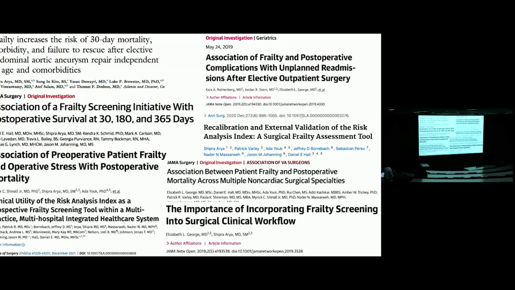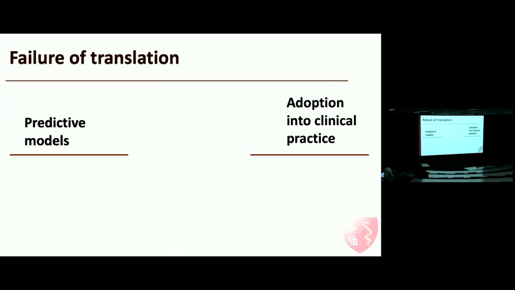But throughout all of this, years of work, it was clear there was always some resistance to overcome. There were always naysayers or resistance from health systems: if it is so obvious that frailty is bad, why aren't we measuring it and doing something about it? That led me to a realization that, much like bench science, health services research also has a failure of translation. You can make the best predictive models, and the RAI in most registries performed at a C-statistic of 0.8, while we use ASA class and CHAD score and those kinds of models, whose C-statistic is 0.6. Still, we use them in clinical practice. So why aren't we getting adoption into clinical practice?